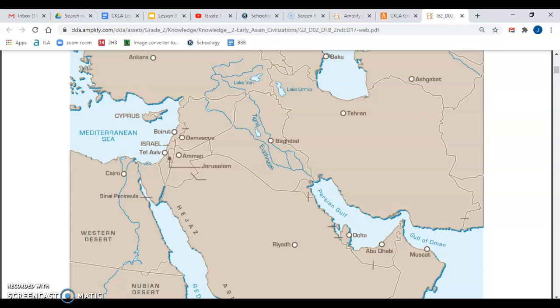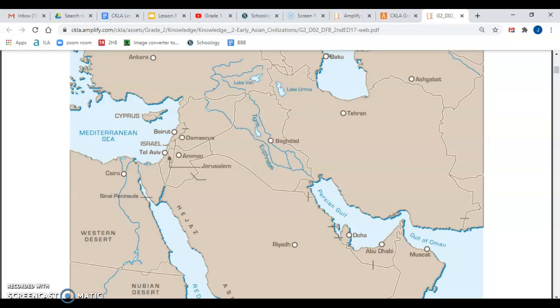One of the first civilizations was called Mesopotamia. I want you to say this word. Listen, it's a really big, fancy word, and this is really cool that you guys are getting to learn about this. I'm going to say it, and then I want you to say it. Mesopotamia. Your turn. Mesopotamia. It developed in the area that's now known as the Middle East. So if you ever hear somebody say something about the Middle East, that's where Mesopotamia was.